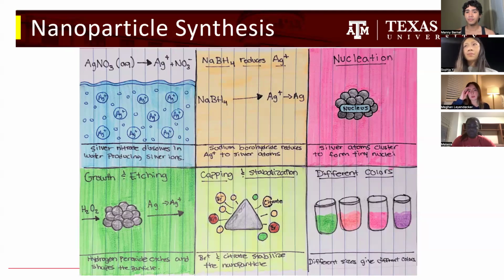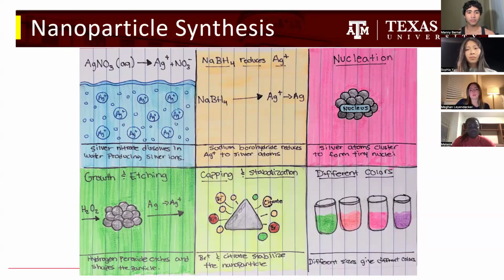So after silver atoms form, they begin sticking together to create small clusters called nuclei. These tiny clusters serve as starting points for nanoparticle formation. In the fourth picture, it's growing, so as more silver atoms attach, the clusters grow into nanoparticles. Hydrogen peroxide acts as an oxidizing agent and removes atoms from unstable surfaces, which helps control the shape and